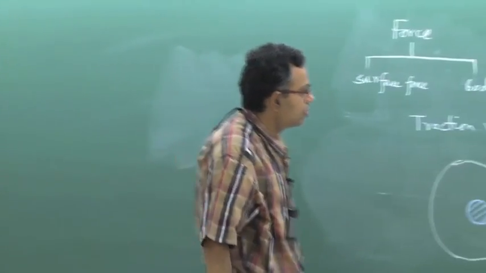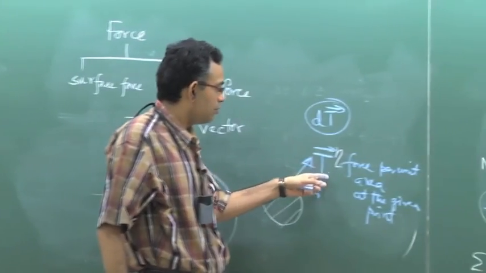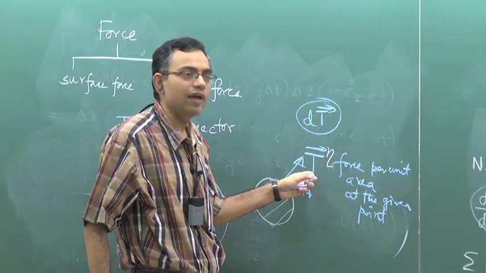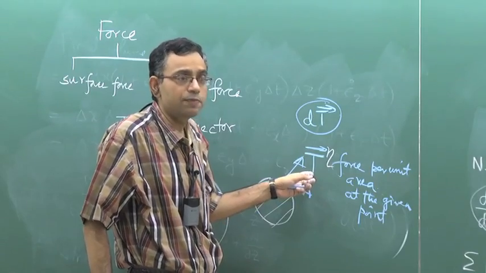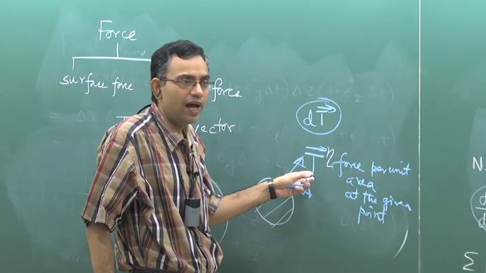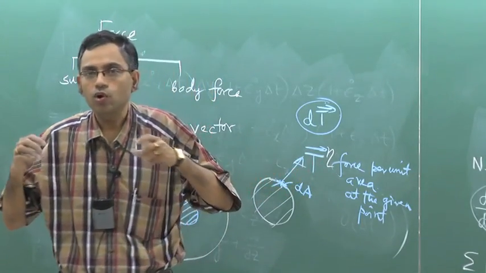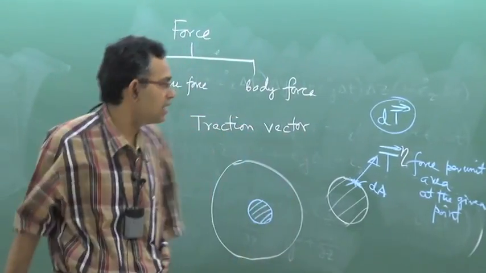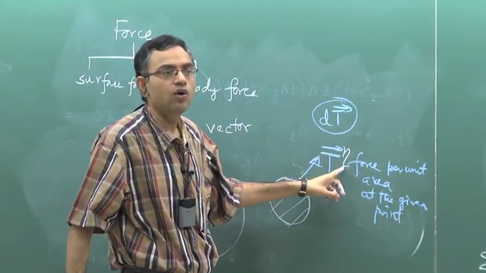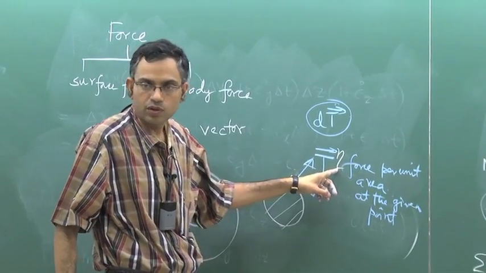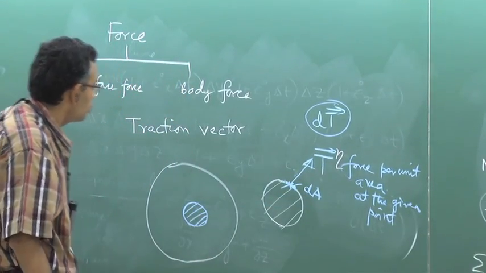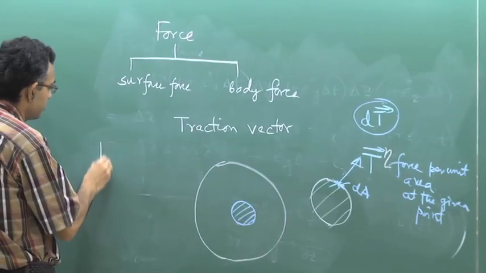So this is a vector because it has its own components, but it is a special type of vector, something more general than a vector, in the sense that it also depends on the orientation of the area used to calculate the force. So you can write